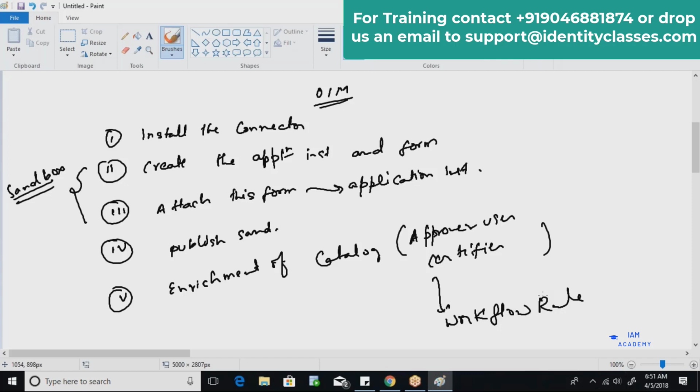These are the normal steps in order to onboard or integrate this particular application with OIM. Any doubt up to this part? No. These are the 5 basic steps which are applicable for any target system.